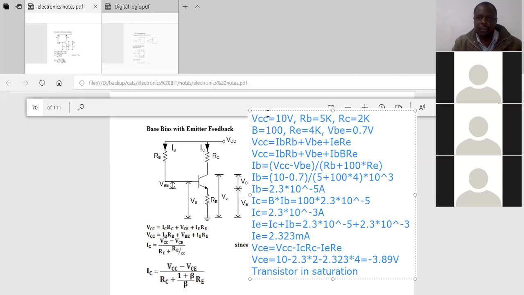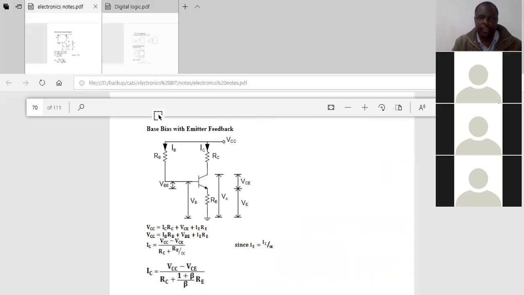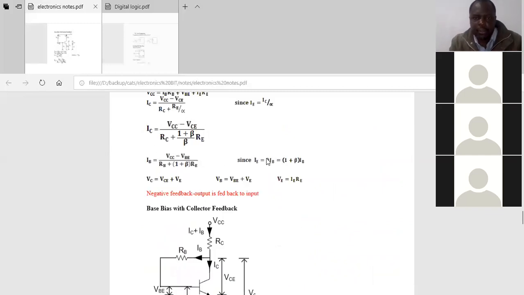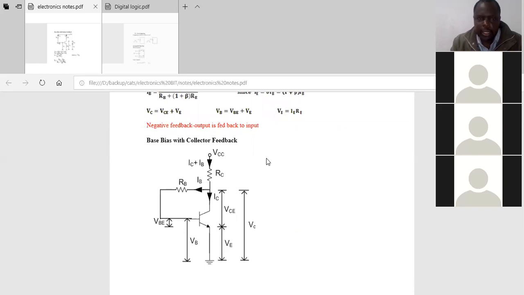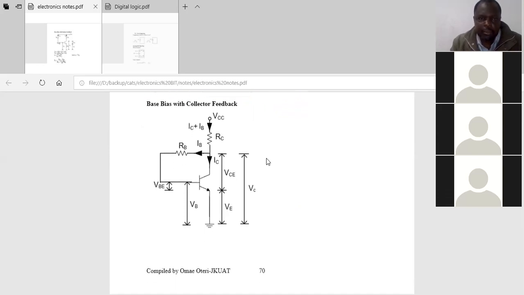Now, if you look at the next section, it will be about the other biasing methods, which I think we will not do an example on them. We have done those two examples. I believe they have grounded you well in this representation of biasing methods. The base bias with collector feedback, usually you have the